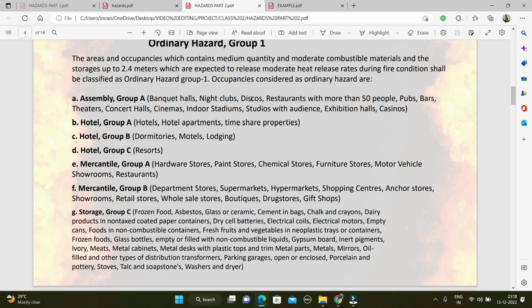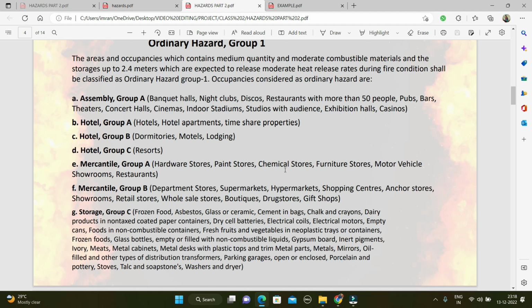Like you can see assembly also here, but this type of assembly is different. See, banquet halls, nightclubs, disco. If you are going to design a disco, then it comes under ordinary hazard group 1. Or a restaurant with more than 50 people, and theaters, cinemas, indoor stadium, casino, all come under ordinary hazards. Like hotels, all types of hotels, apartment, timeshare, it comes under ordinary hazard. Hotels like motels, lodging,